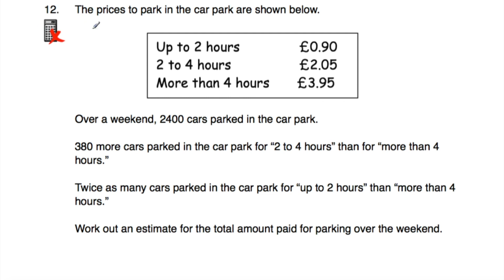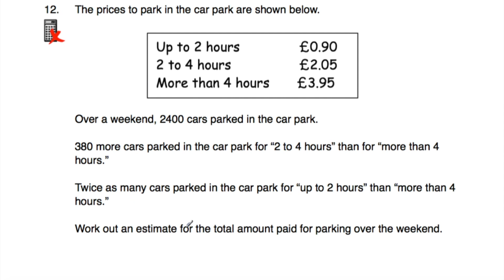Question number 12 says, the prices to park in a car park are shown below. If a car parks for up to 2 hours, they have to pay 90p. If they park between 2 hours and 4 hours, it costs £2.05. And if they park in the car park for more than 4 hours, it costs £3.95. Over a weekend, 2,400 cars parked in the car park. 380 more cars parked for 2 to 4 hours than for more than 4 hours. Twice as many cars parked for up to 2 hours than for more than 4 hours,